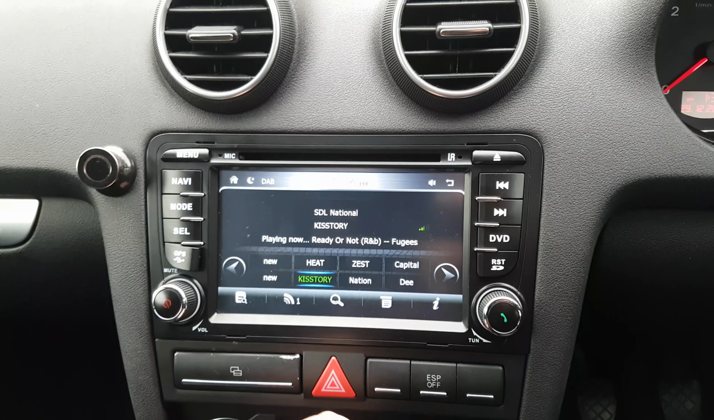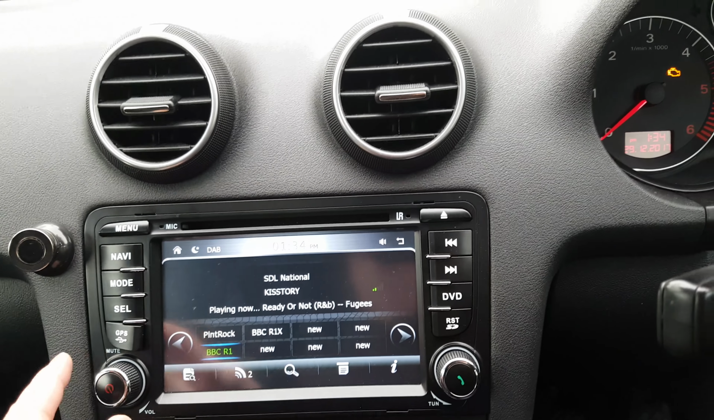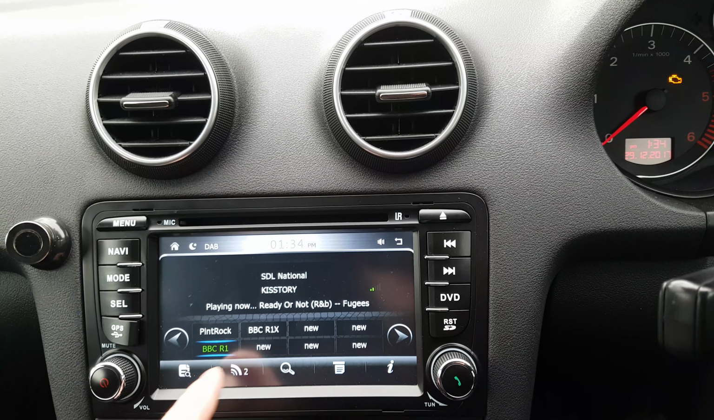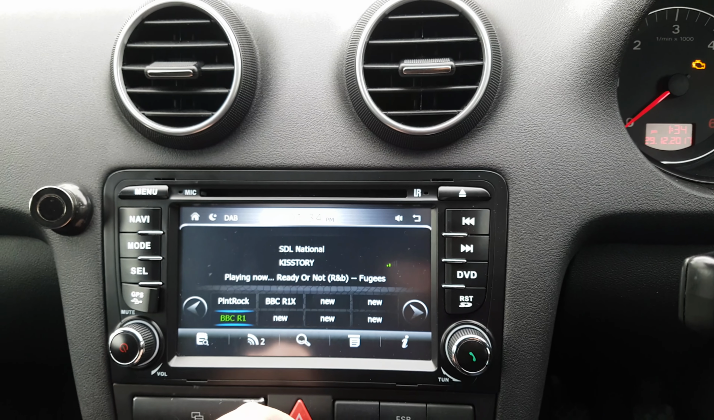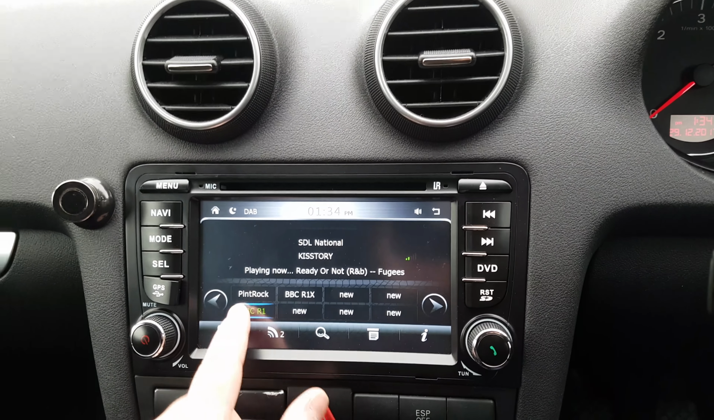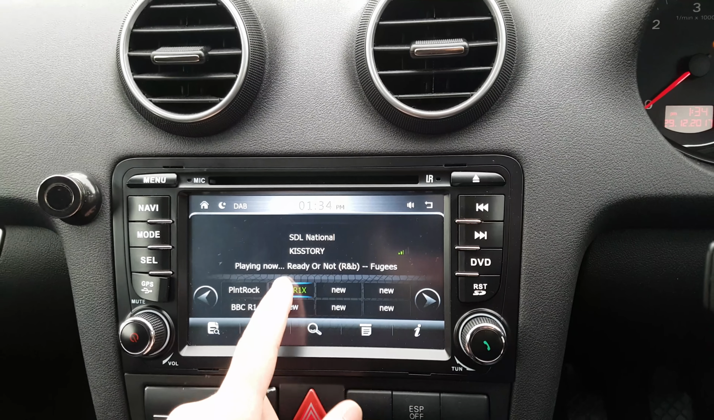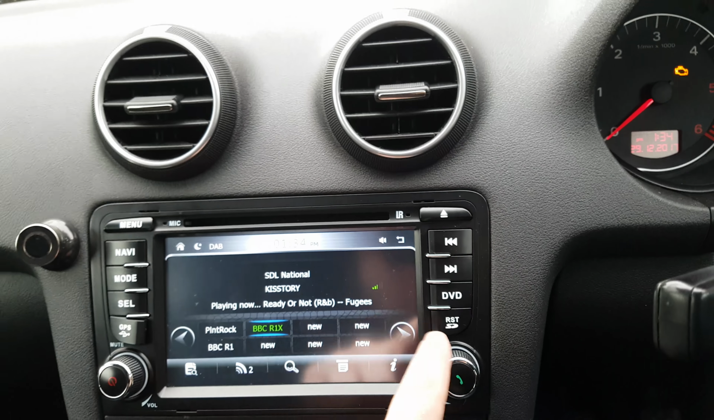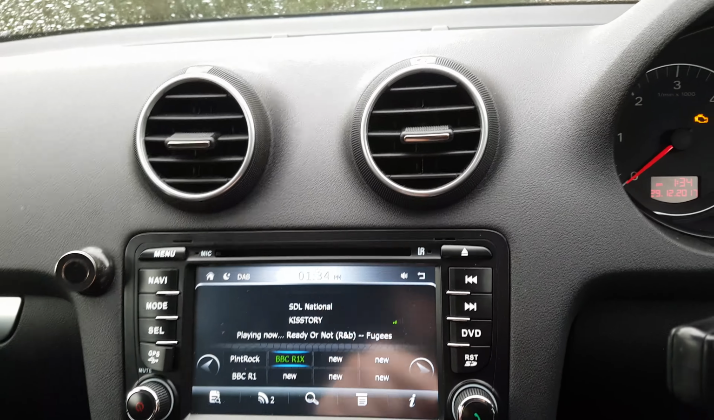The problem I'm having is with BBC multiplex stations. So if you see here on the second screen, I've got BBC Radio 1 and 1 Extra stored here. Now I was listening to them just a minute ago before I started this video. So if I press on BBC Radio 1, it does nothing. Won't change to it at all. If I change to 1 Extra, nothing. So what I'm going to do is manually go right and just work my way across the